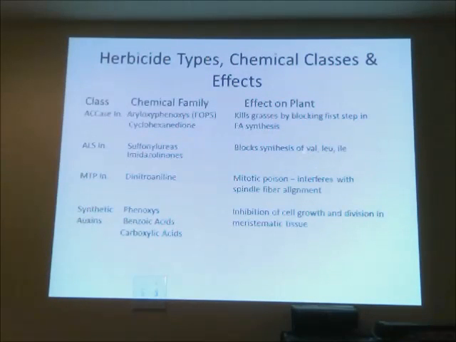And both of these classes of compounds are involved in the same mode of action, that is the inhibition of that enzyme. So they're now finding that when people apply sulfonylureas to their crops for many, many years, if the farmer then switches from sulfonylureas to imidazolinones, he or she may find that the weeds have now become resistant to the secondary application. So they're now seeing a lot of these cross resistance problems that arise from applying one of these, and then plants become resistant to the other one.